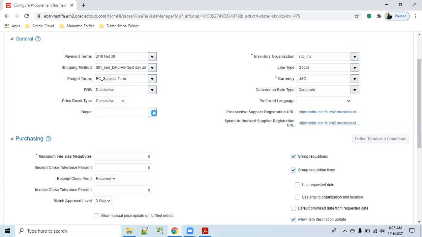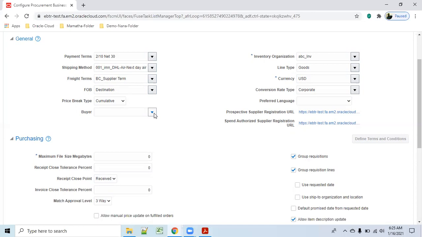Now if we have more than one buyer, and based on some condition I want to bring buyer A once, buyer B once, buyer C once, then we need one more setup called Manage Buyer Assignment Rules.